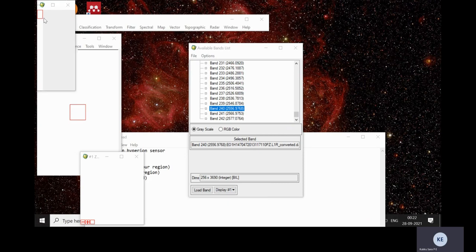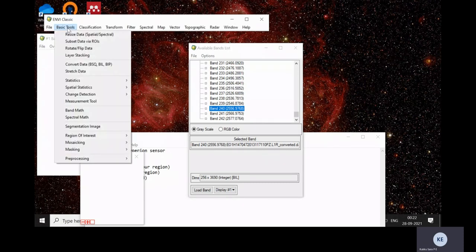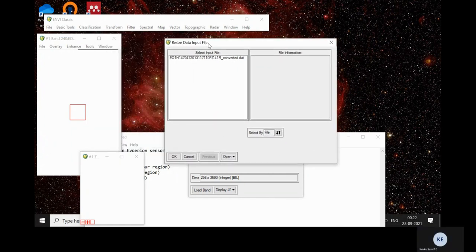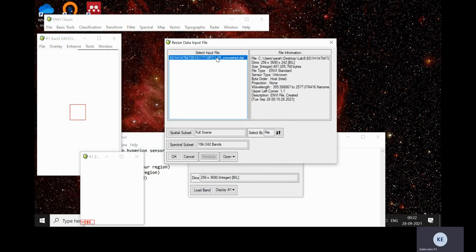For that, we just use basic tools, the resize data option. From basic tools, select resize data, select your input file, and select spectral subset.